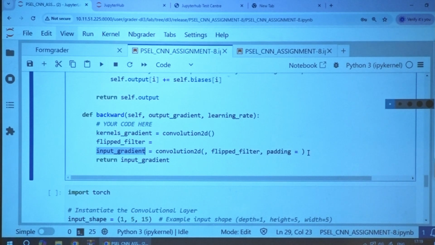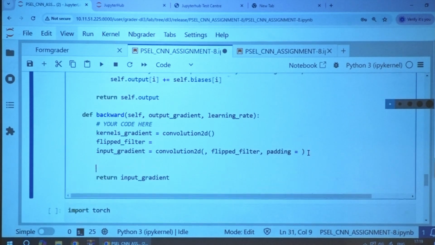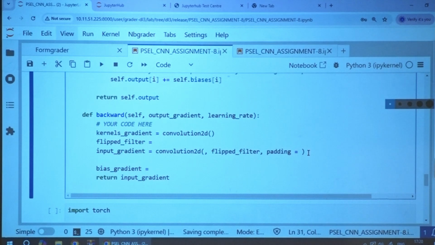Once you got these 2 things within the loop, out of the loop you are supposed to calculate the bias gradient. Bias gradient is nothing but summing of the torch elements over the spatial dimensions.